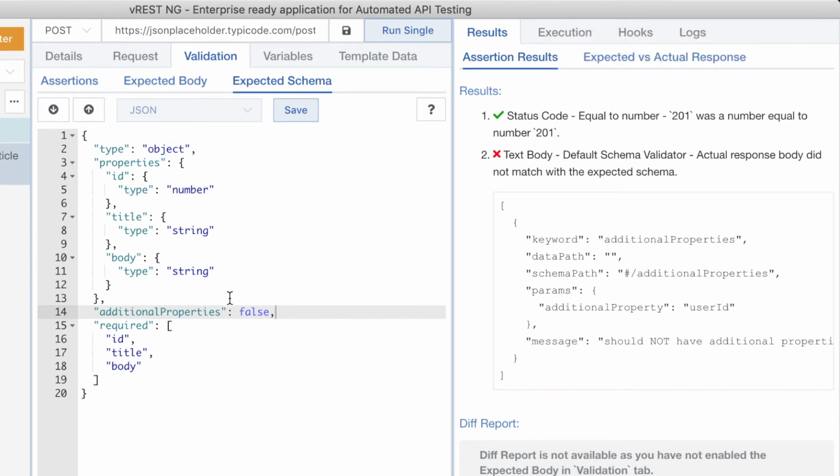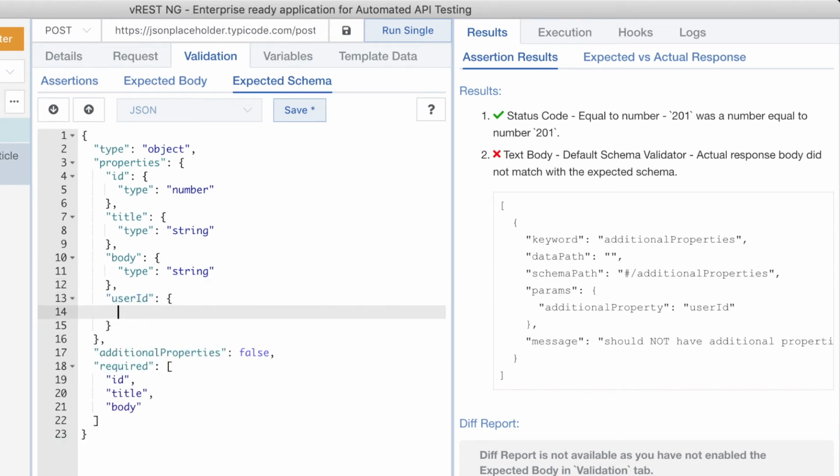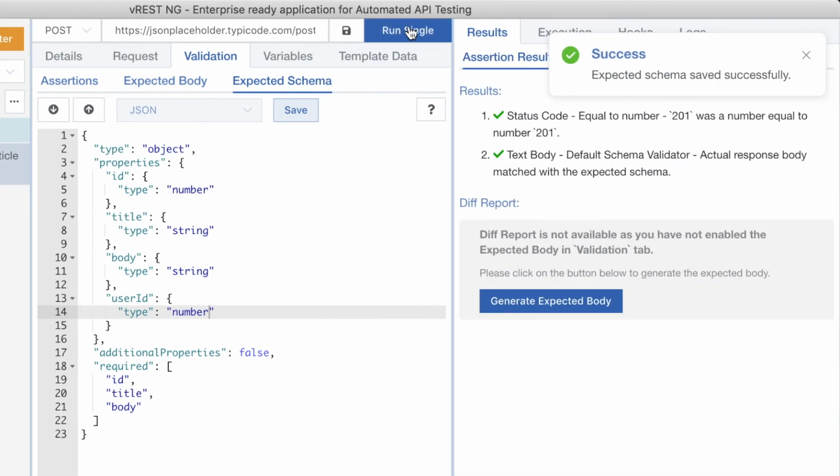To fix our test case, you may define the user ID property in your JSON schema. That's it. Now if we run the test case again, as you can see that our test case has passed again.